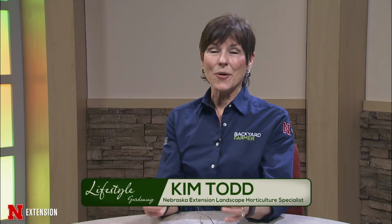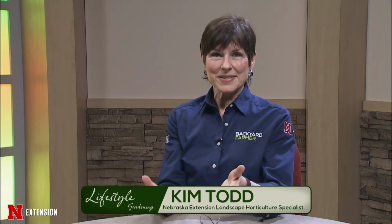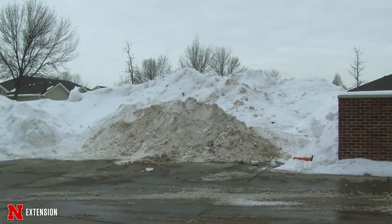The winter snow can, of course, bring us much needed moisture, or it can be that really white, fluffy stuff that is easy to scoop, doesn't bring us any moisture. The downside of snow coupled with really, really cold temperatures can be devastating on our plant material. And when we have a lot of snow that piles up deeply, we can see a lot of damage later